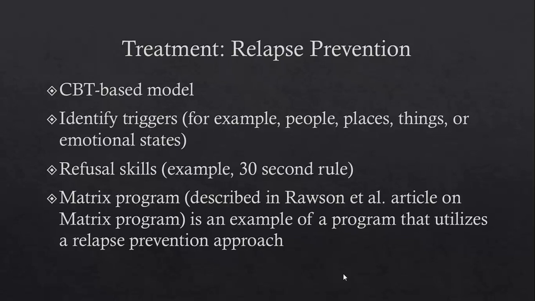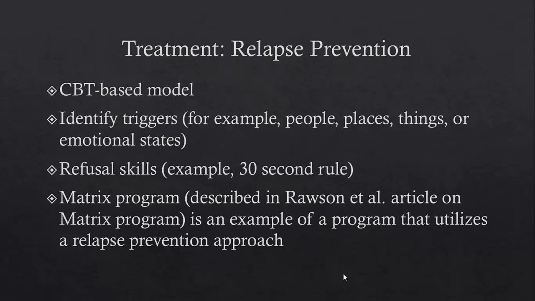So, for example, if there are certain emotional states, some people drink when they're very happy, other people drink when they're down. And so one of the things that a cognitive behavioral therapist would do is try to help people do two things. One, identify what their triggers are, maybe it's positive emotional states, and then two, to be able to cope with positive emotional states without using drugs. So to put something else in the place of drugs there, whether it's learning to celebrate positive emotional states in a new way would be an example of that.